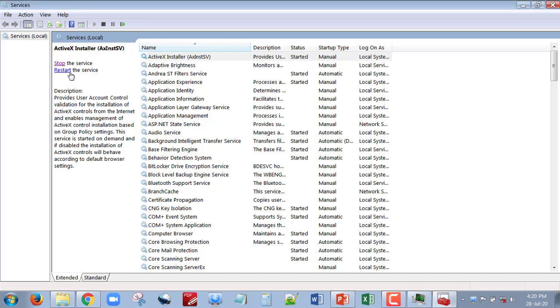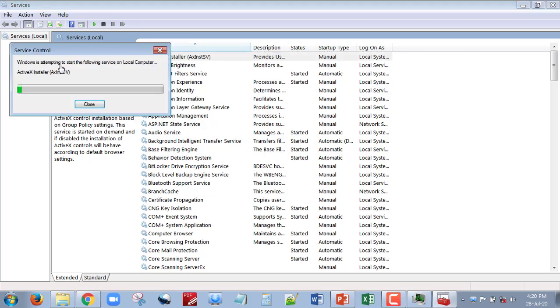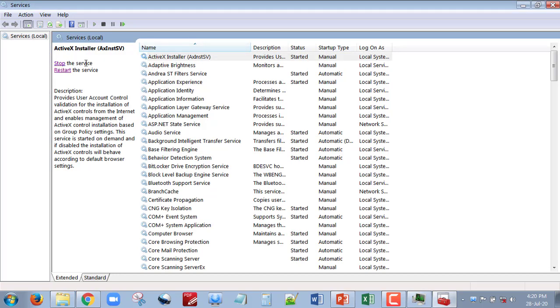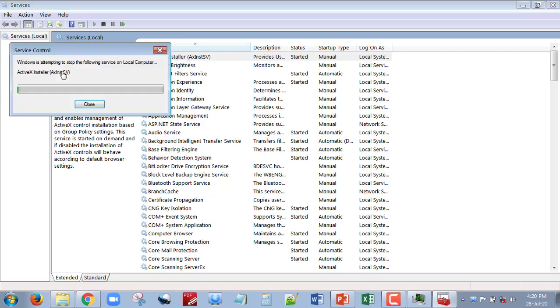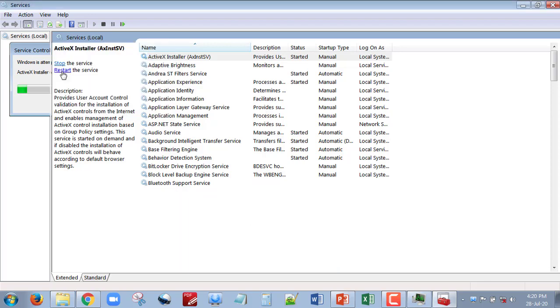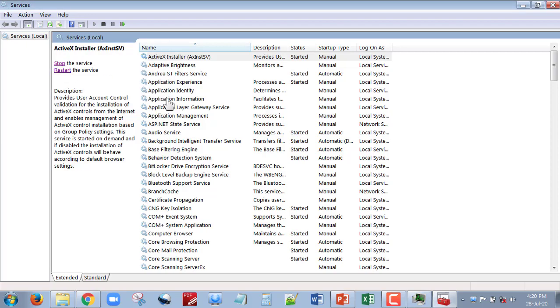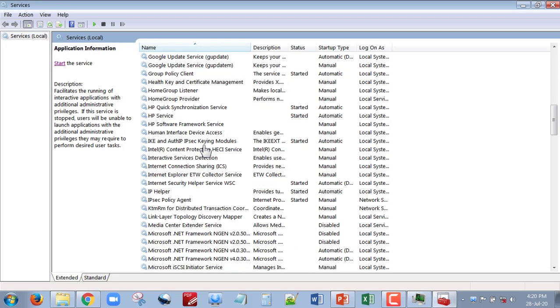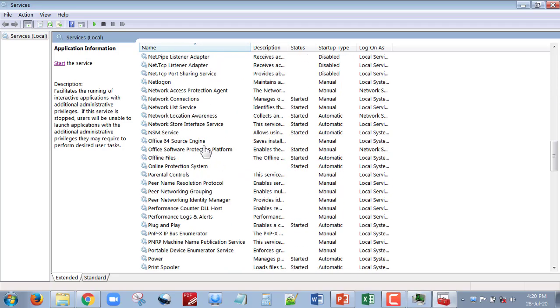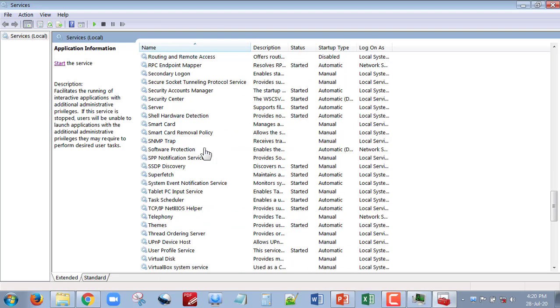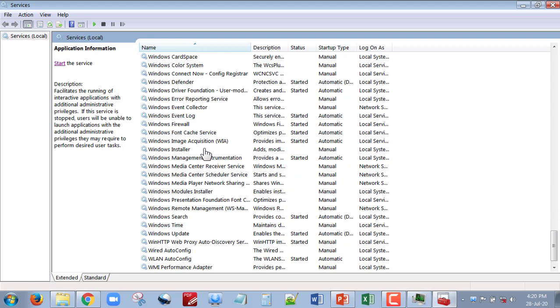If I click on start, this particular service will start. Now suppose I want to stop this service, then I will click on stop. There is one more option when you start this particular service. Suppose for some reason you want to restart the service, then you can just click on the restart option. So this is one way to see how you can start a service, stop a service or restart a service.